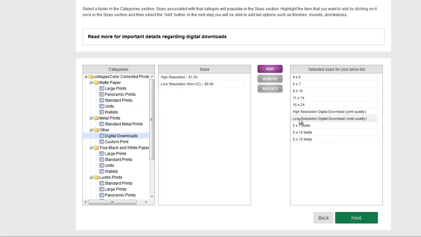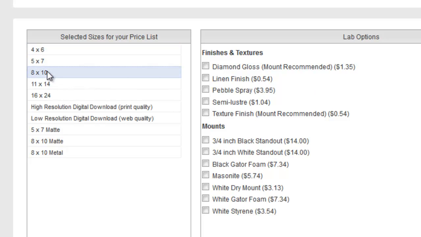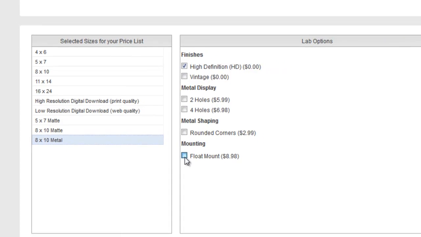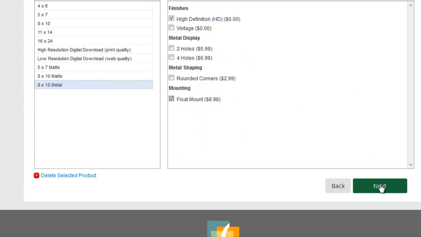After you've added all of the sizes you need, we're going to move on to the next step, which is adding finishes, textures, and mounting options you may want to offer. Don't worry about the order of items you see here. You'll actually be able to adjust that later on after the next step. So check the boxes of the finishes, textures, and mounts you want to add to each item on the price list. What we're going to do here is just add a styrene mount to the 8x10 and then a float mount on the metal. Once you've added all of your finishes, textures, and mounts, you'll want to click Next